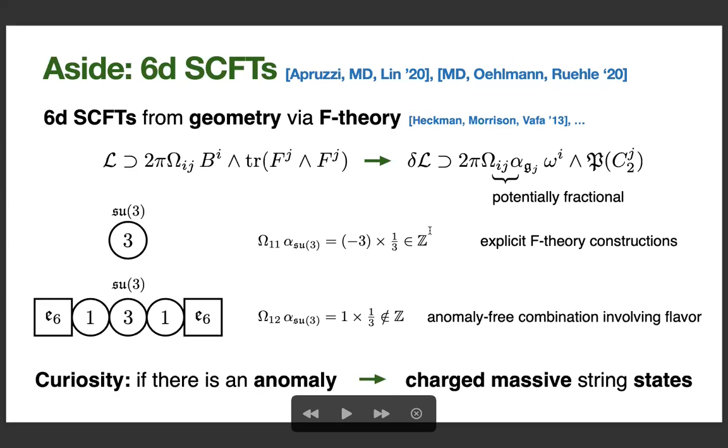Now this alpha for SU3, if you look it up, it's 1/3. So what you get is -3 times 1/3, which is equal to -1. So there is no fractional value in this gauge variation here, and there is no problem in gauging it. And indeed, you can find an explicit F-theory construction for 6D SCFTs that have this center one-form symmetry gauged, and on the tensor branch you will find a gauge theory that is given by SU3 mod